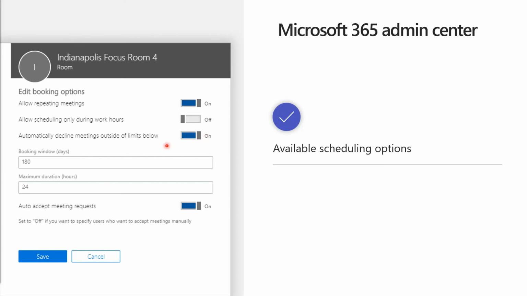And then we're going to set some limits on the meetings that we will accept. The meeting invite has to be within the next 6 months. So if you're trying to reserve the room 9 months from now, by default, that is not allowed. And the meeting length cannot be longer than 24 hours. You can either change these values here right now, or you can go to Exchange Admin Center after the fact